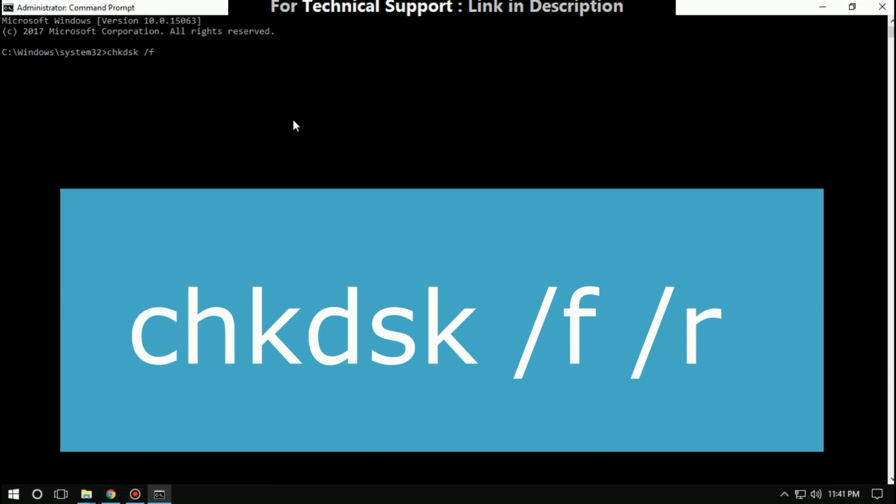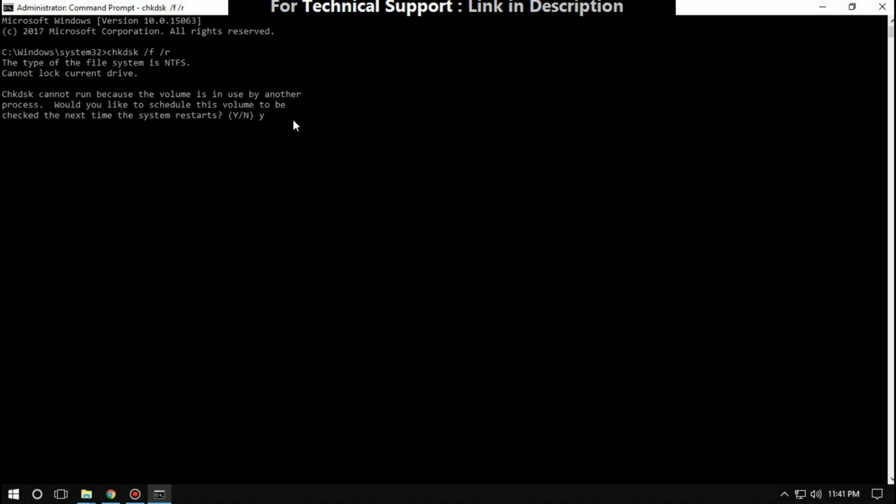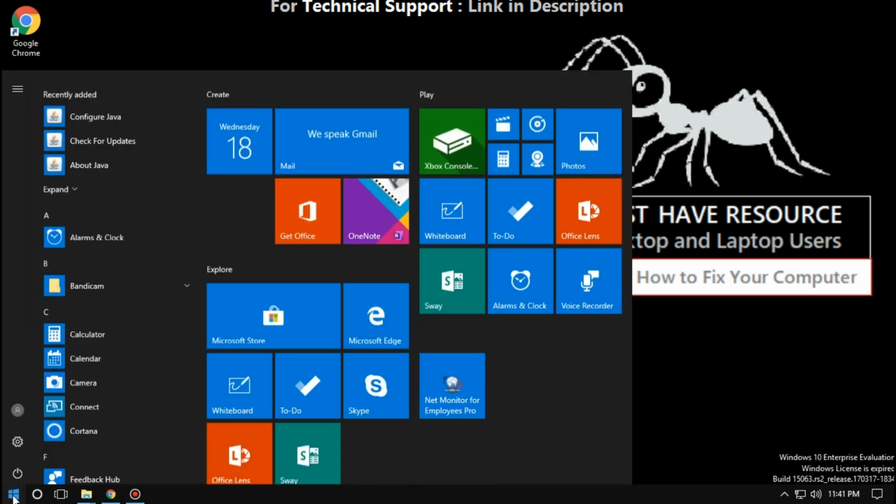chkdsk /f /r and hit enter. Wait for some time, then type Y and hit enter. On the next step, again go to Start,